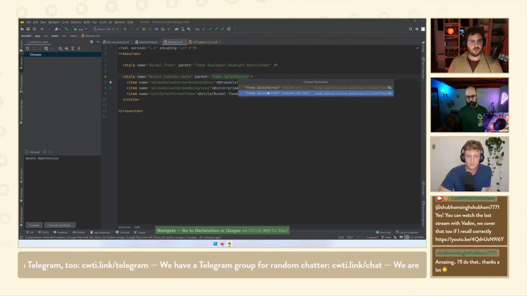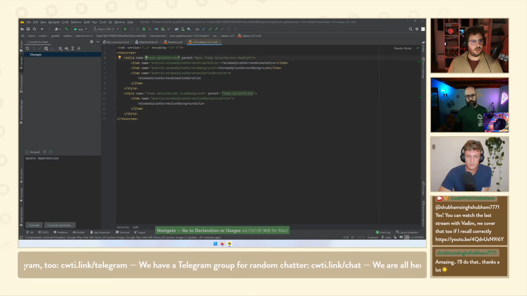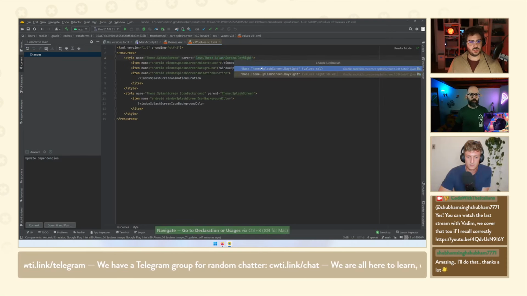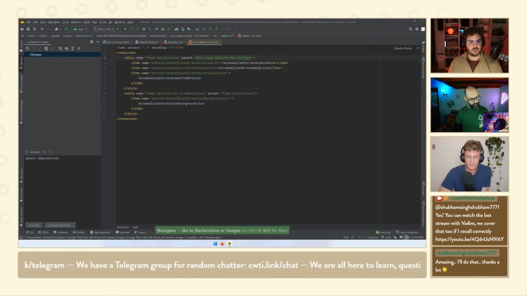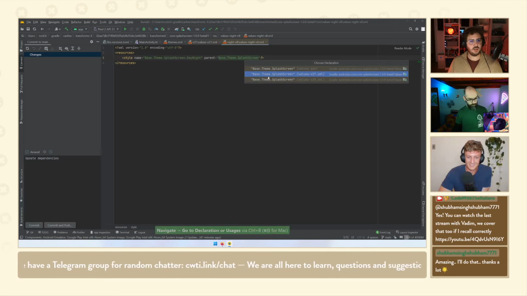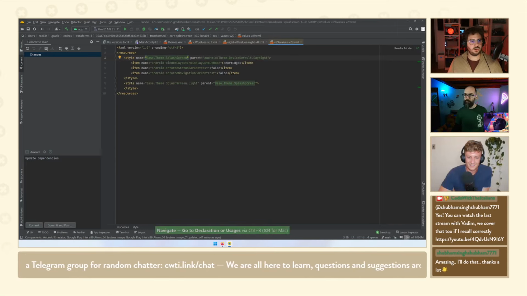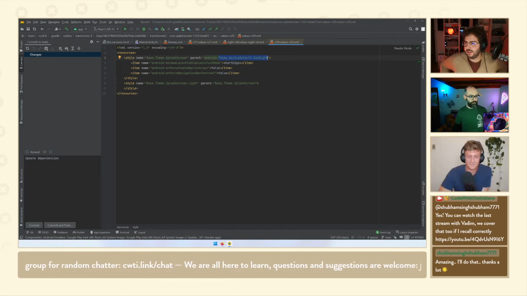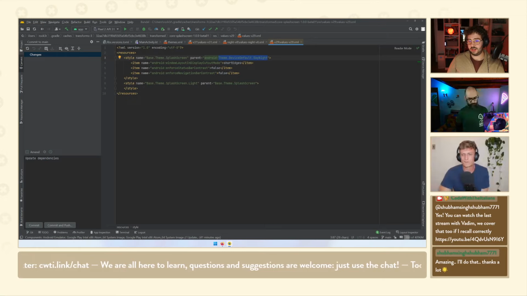And that in turn extends Base.Theme.SplashScreen.DayNight, which again, I guess, is coming from the core splash screen. So I guess we can just follow this through and see where it goes. Yeah, it goes to device default, which I guess on Android 12 should set the values correctly, the attributes, or does it?